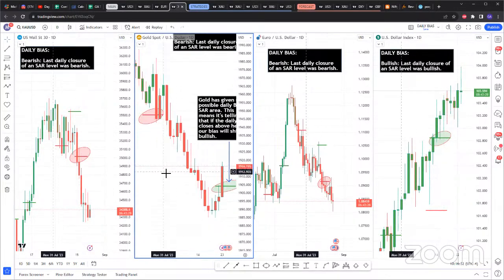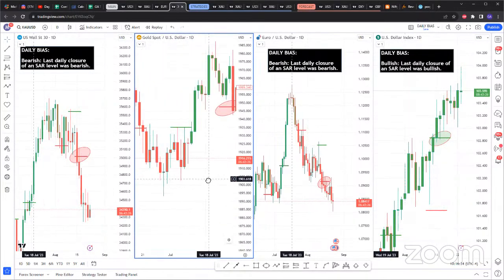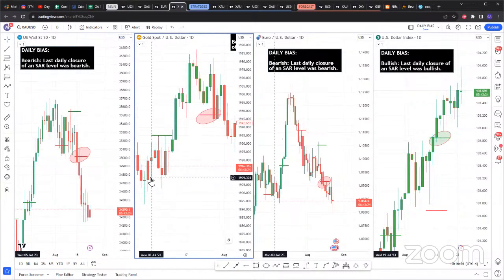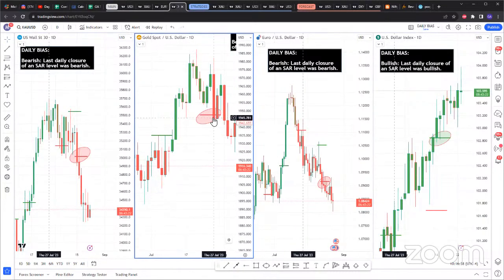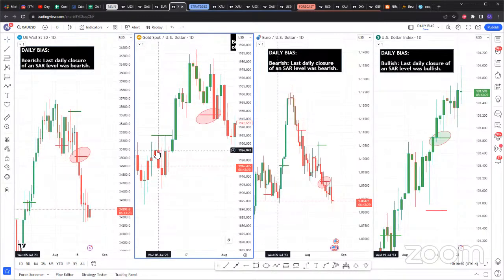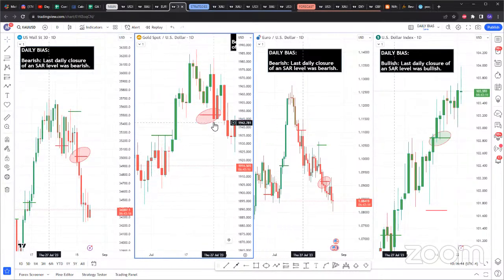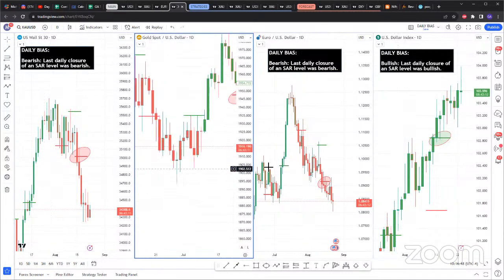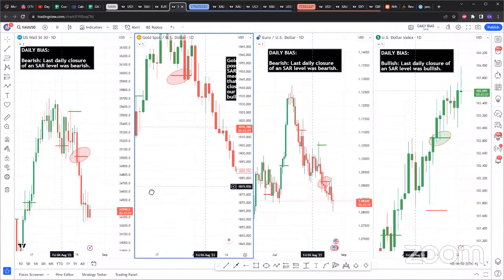I've noticed that these SARs go for about a month, because even the last one, if I'm not wrong, was July 23 to, wait, this is on the daily, I'm sorry, 3rd July to July 27th. So they go for about 3 to 4 weeks on average, this switch of SARs.